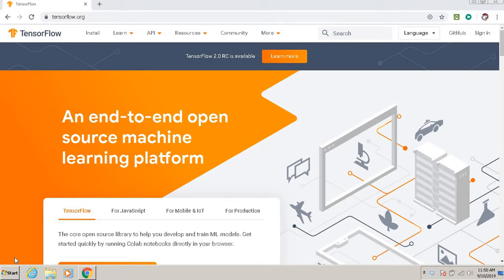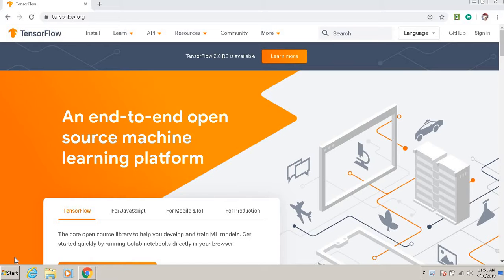Earlier, maybe a year or more ago, I already covered TensorFlow, but that was something old, and TensorFlow has grown up, and so the platform also. Now you can even work on cloud without any good PC, and you can work on TensorFlow and create your solutions.